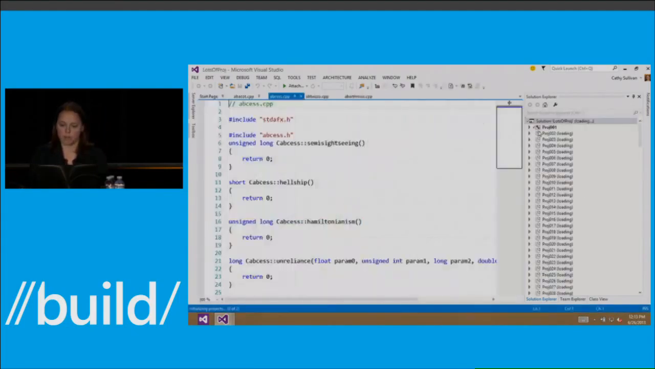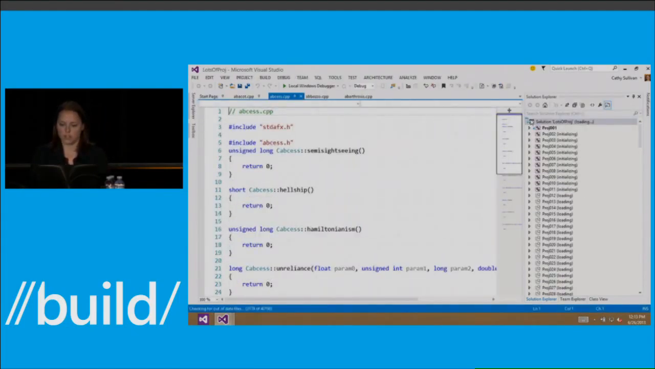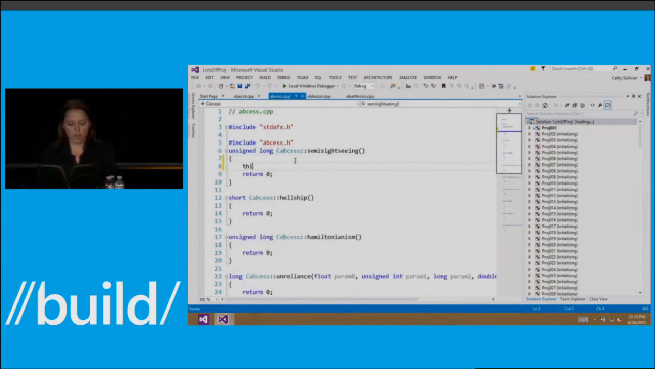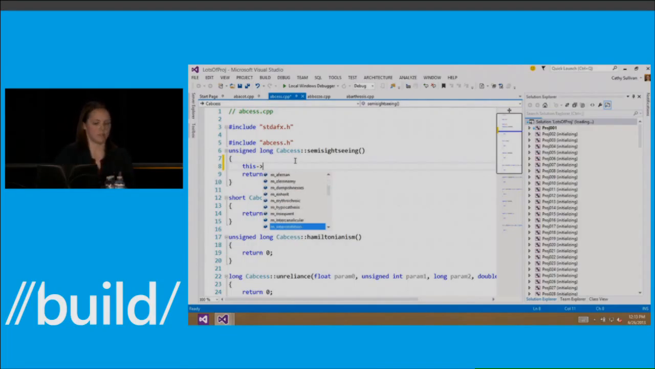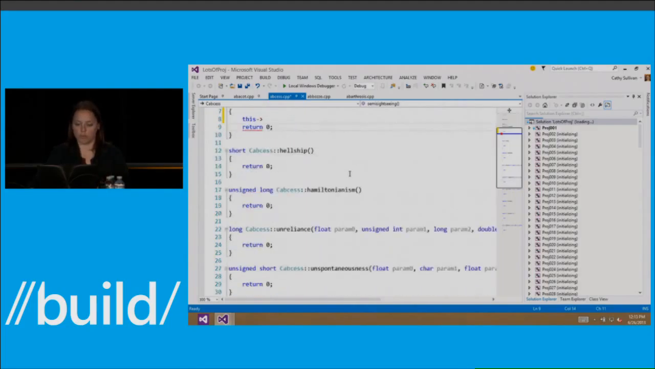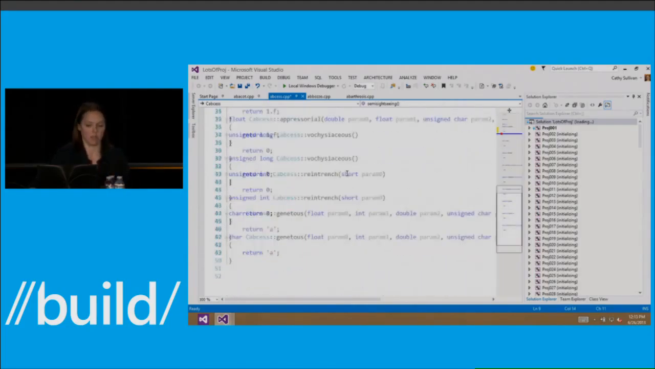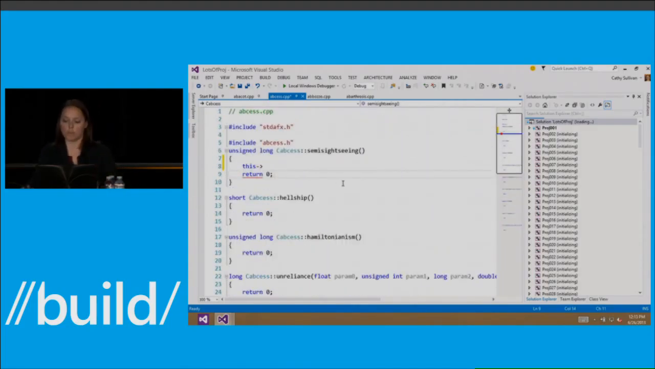And like I said, you'll see that my solution is loading here in the Solution Explorer area. And now I can start typing. You'll notice that IntelliSense is available to me right away. You'll see that the solution has actually paused loading, right? And I can also scroll through this file, and the solution pauses loading